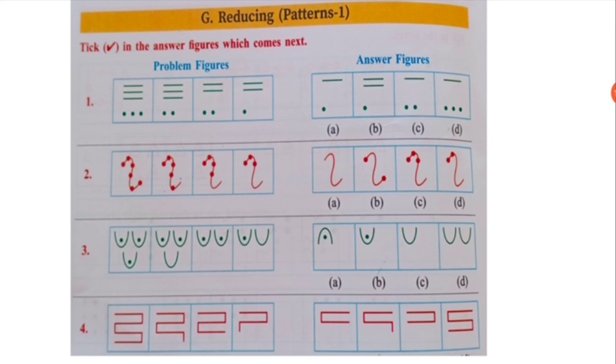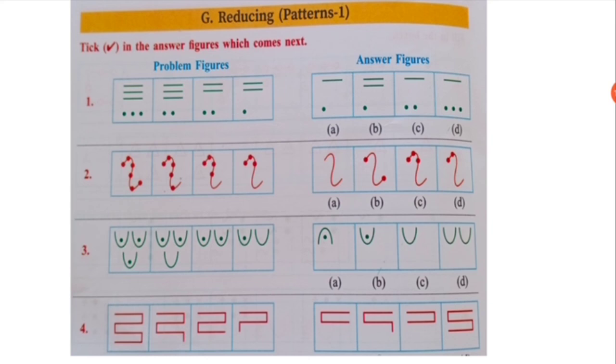What next would come? So here we can say the next correct answer will be, if we see in the first picture 3 dots and 3 lines, then 1 dot is less. Then in the second picture 1 dot and 1 line is less. In the fourth picture 2 dots and 1 line is less. So here we have to find out which would be the next one. So maybe it would be A.